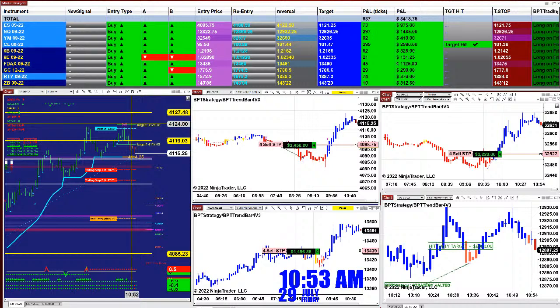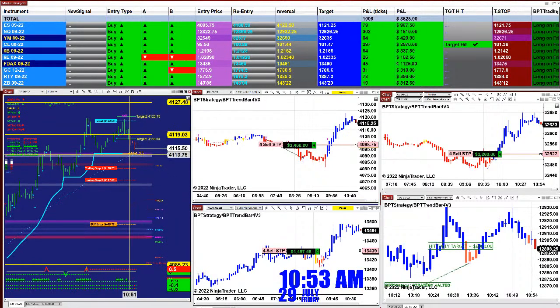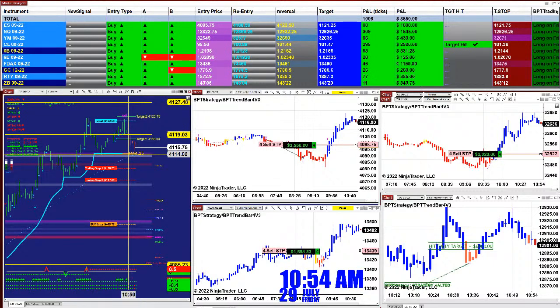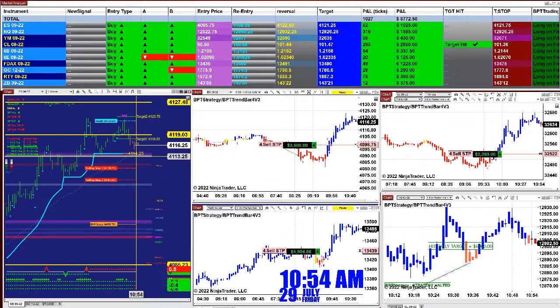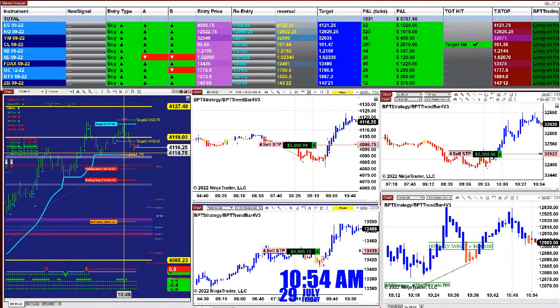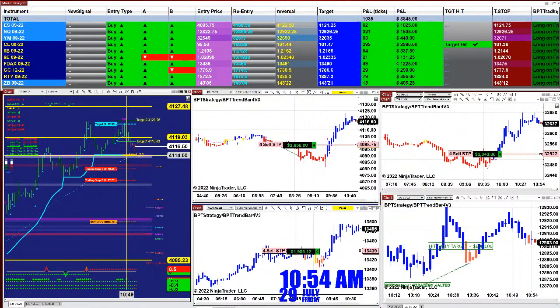As we see here, this is a re-entry. As long as this market is above that number, I don't have to interfere with the auto trade. If this market goes below that number, the party is over, it's finished. If you look, the ES stays above that number. This is a technical number. This is a key number. And it is unavoidable. If you are here to make money, you cannot avoid the facts.